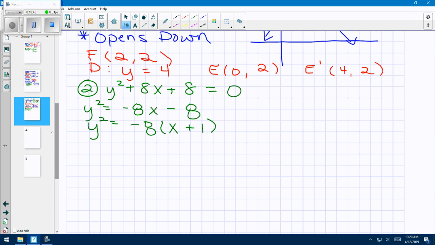So that is now a standard form that maybe looks a little bit different than how we wrote it a second ago. If you would want to write this as like y minus 0 squared to help you visualize what's happening there, that's fine. Certainly not a requirement. But in this form, I can clearly identify that the vertex has the coordinate negative 1, 0. So just be really careful with that, that when it's x plus 1 over here on this side,